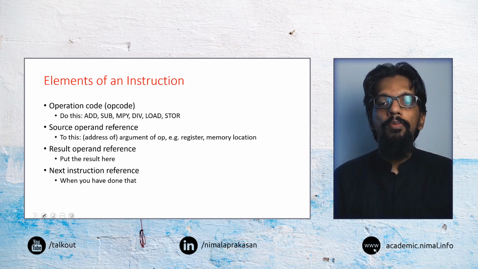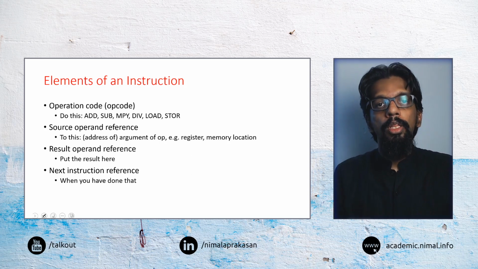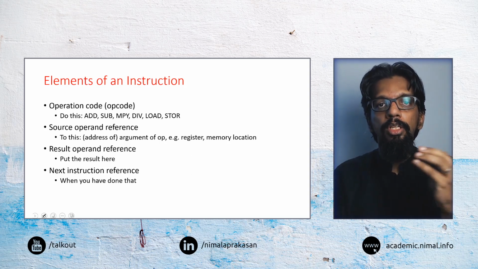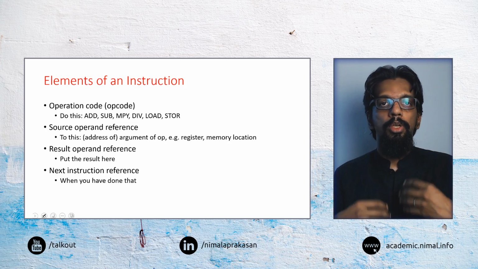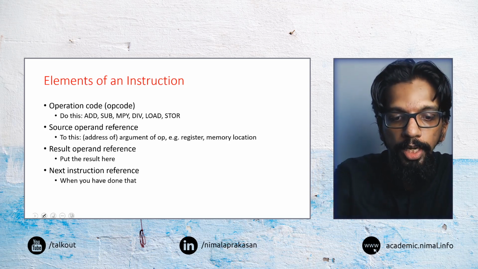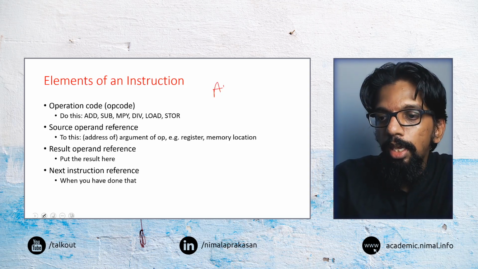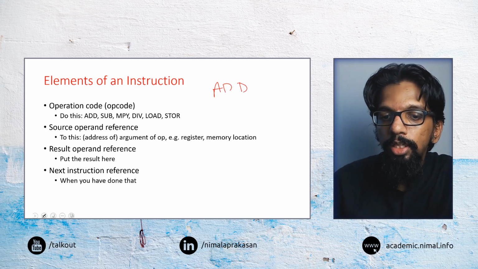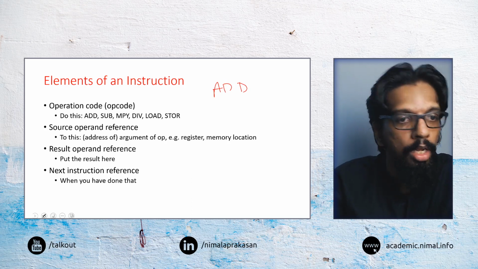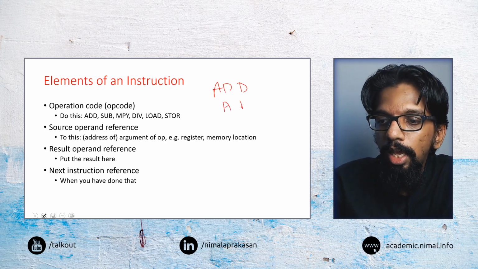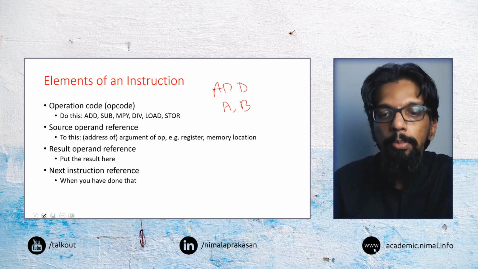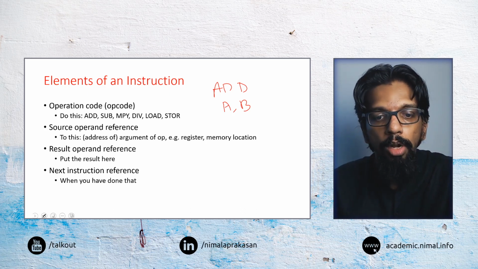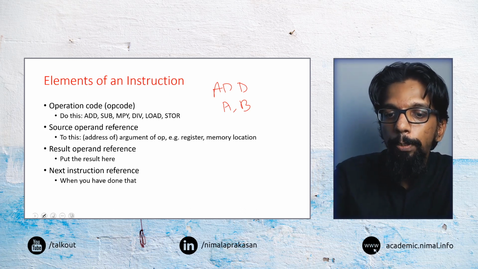Then we can have operands, or things that are giving information to that particular operation. So if we think about an operation like, say, addition, the operands to that addition could be a couple of values. We can say add A and B. So those can be two operands, and that is what we identify as source operands.